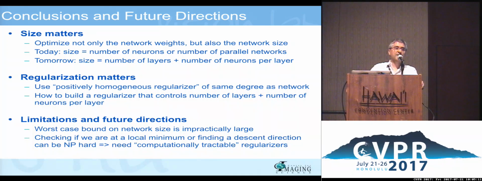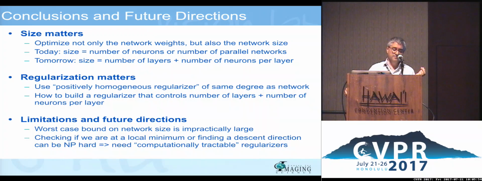So today, I've covered very simple cases, like adding 1 neuron at a time for a neural network with a single hidden layer. What we would like to do in the future, and we don't quite know how to do yet, is how do you jointly add new layers and add more neurons to the layers? More broadly, how do you optimize over the architecture? Because it's true that we've gone from handcrafted features to learned features, but I think the reality is that we've gone from handcrafted features to handcrafted architectures. And therefore, in the future, having a methodology that will optimize over what the architecture should be is very important.